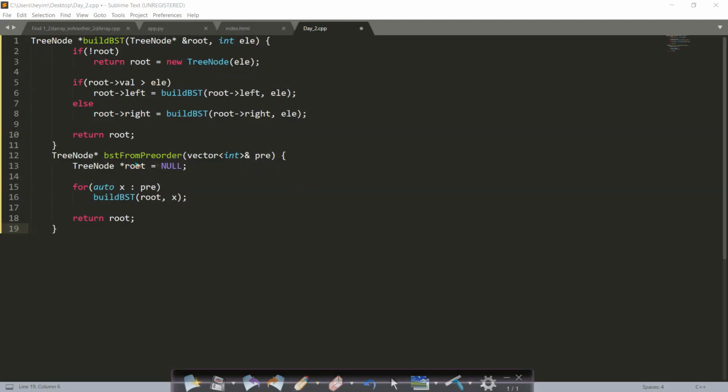So this is the simplest approach for forming a BST from a given pre-order. I have taken the root here, and this is our pre-order array. Now I will iterate for each and every element, and we will insert it into the BST. So this is just a simple comparison. If there is no node at the position we want to insert, then we will create a new node with the element's value, and we will assign it to root. If the node is already present, then we will compare the element with the current node, and we will make either a left call or a right call depending on the element's value. This is a very simple code, and I hope this is pretty simple to understand.